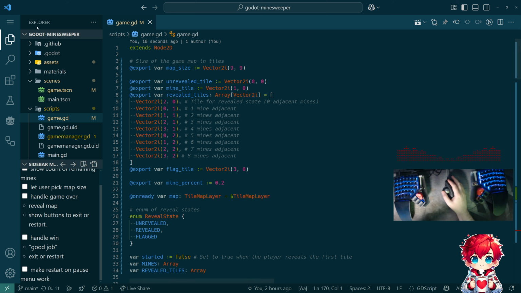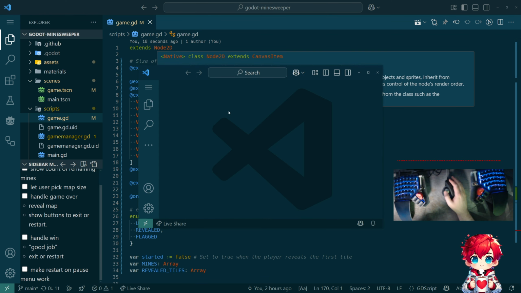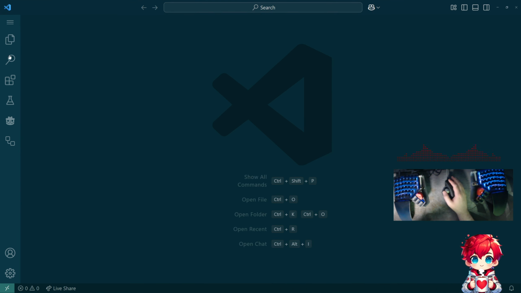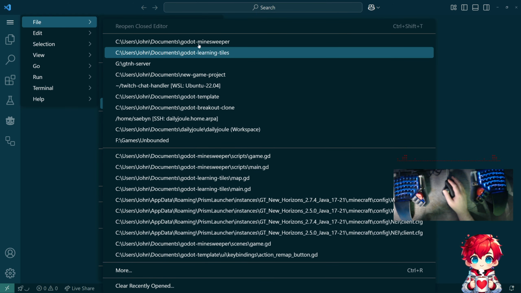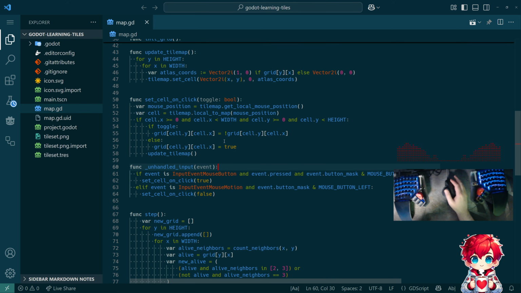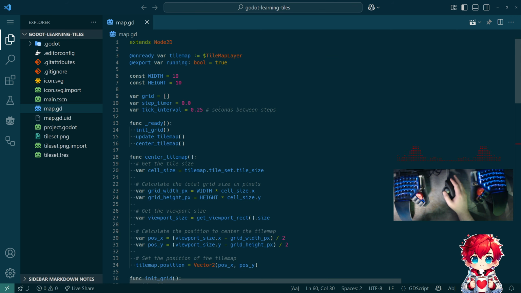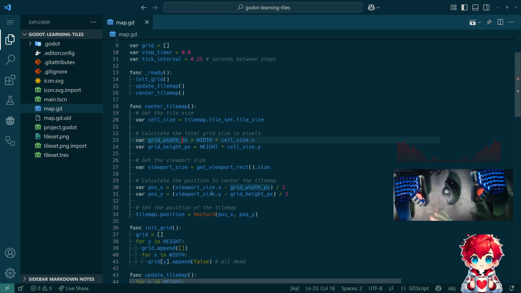So I did have a practice project, and I did try out some of this stuff in advance because I didn't want to just hem and haw on stream. So we have my little learning project here. And what did I end up doing? So we have a map, Node2D with TileMapLayer. And then I made a function called center_tile_map. And then we figure out, oh, right. So we changed the position of the tile map, and that offsets